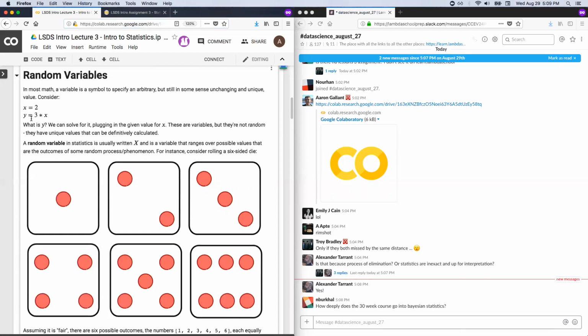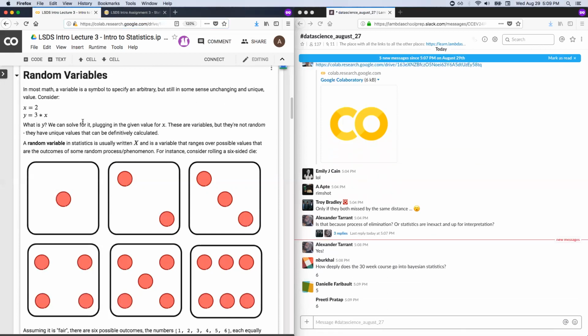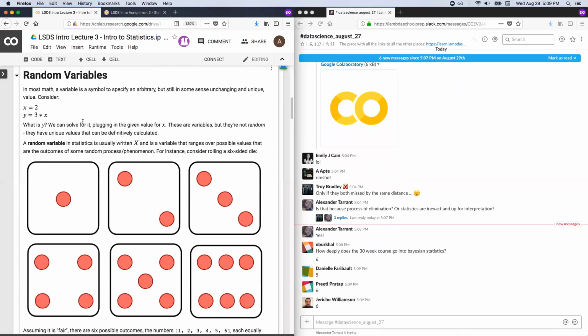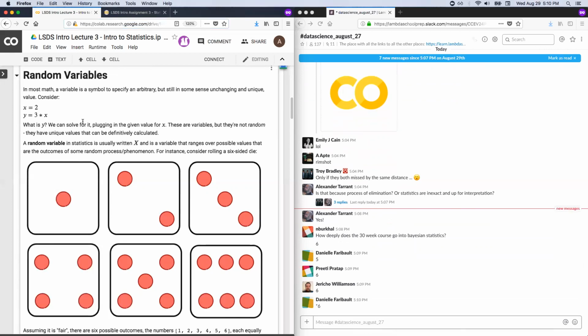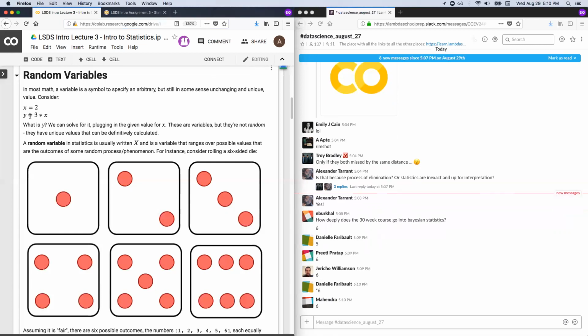And so look at this. What is y? Anybody? I have a little bit of math here. It's a tiny bit. What's y? x equals 2, y equals 3 times x, y equals 6. Yes. I know that sometimes it seems like I ask simple questions. It's still good to answer because these really do connect to the concepts, okay? And this is about exercising your brain and connecting things you do know, things you're comfortable with. You can figure this out, connecting this to other things.